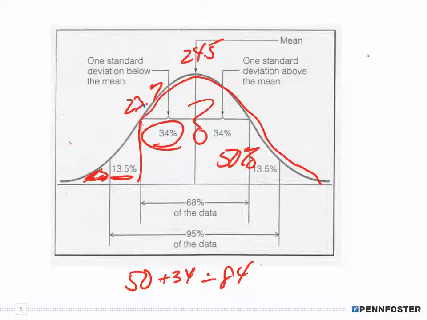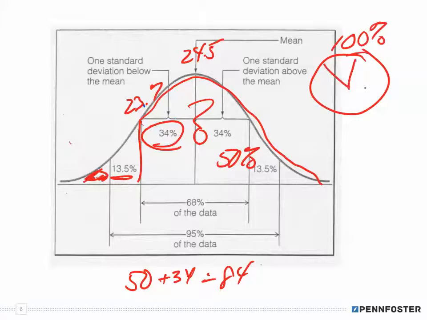And just like in our pie chart, or this concept from before, we're using the same concept again and again. Everything in that circle is 100%. Well, if we know that this whole area is 84%, then the difference between the two has to make that 16%. Well, this is no different, except, instead of having a circle and cutting out slices of pizza, we have a bell curve, and we're saying that this whole area here